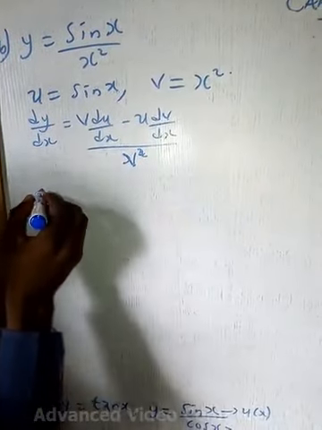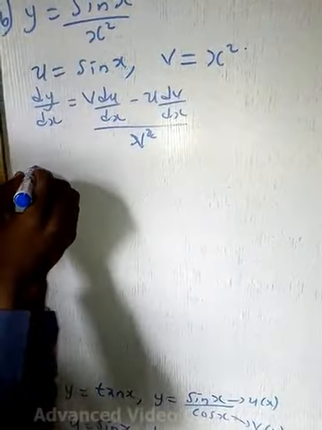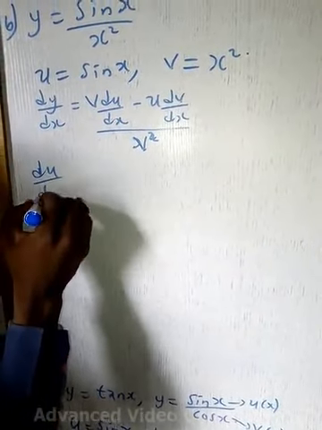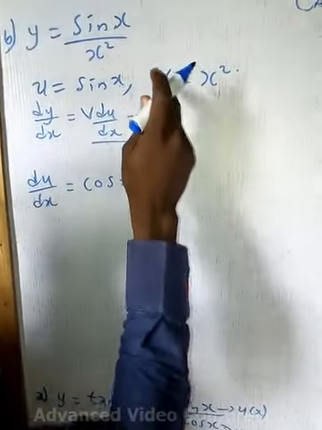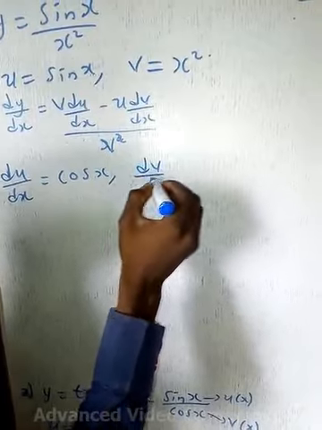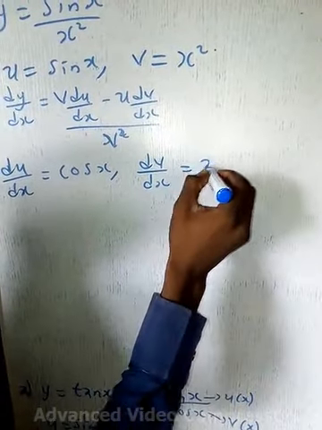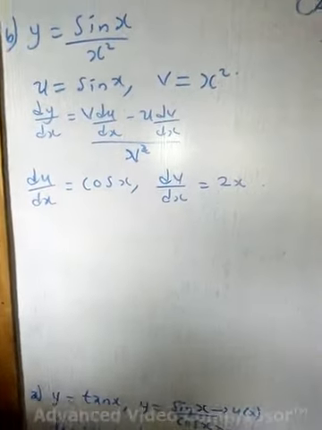And from here, we can get our du/dx from above. du/dx is cos x. My v, dv/dx is 2x. Substituting that